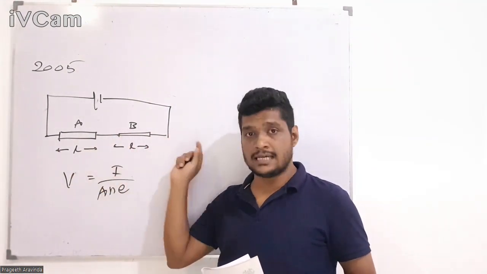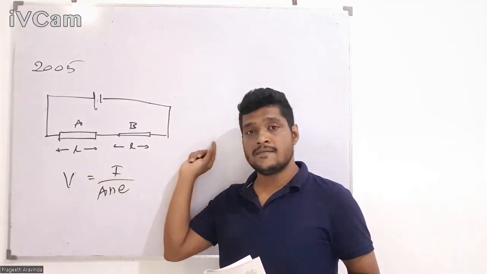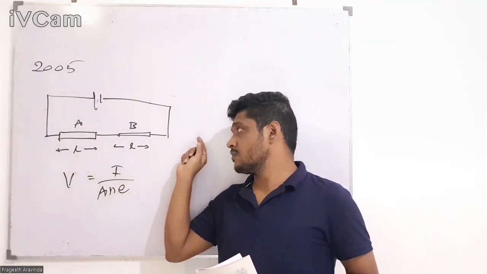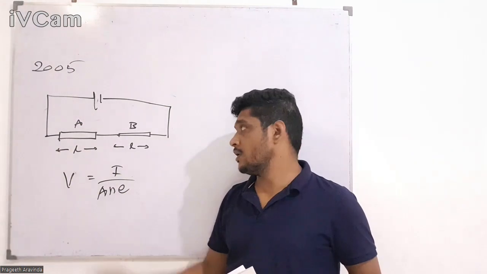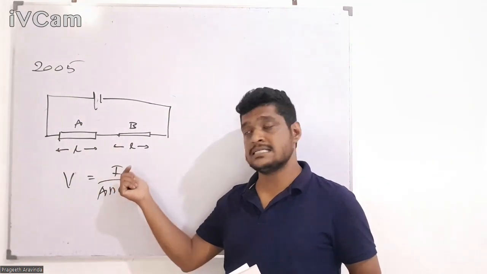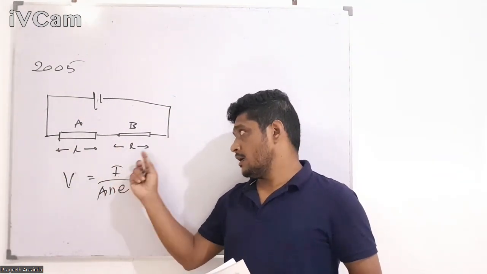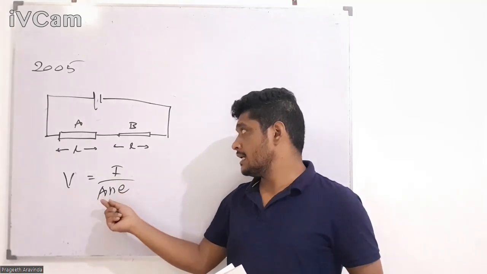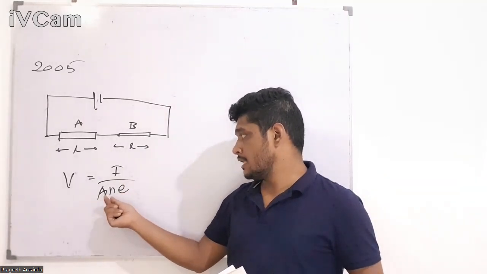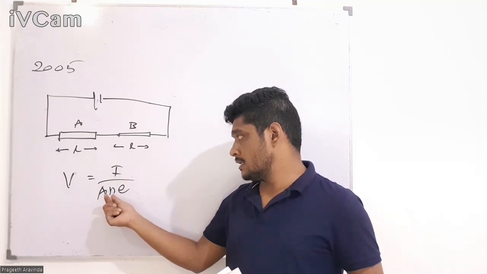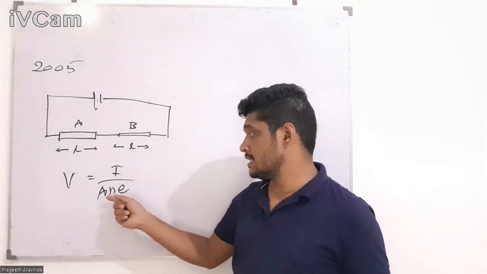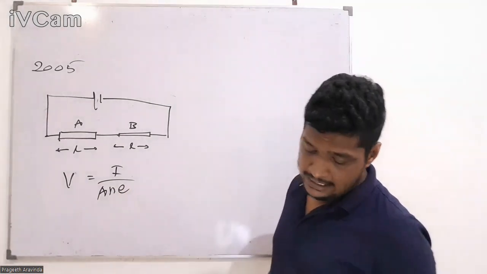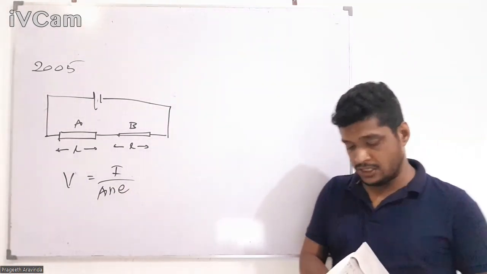If the resistors are connected in series, the same current is flowing through them, right? Then I is constant, and the electron density, that means the number of free electrons in 1 cubic meter,